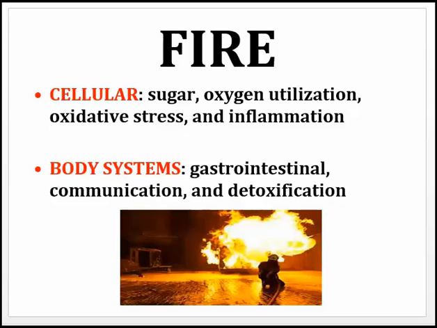So these are really key cellular mediators that we need to be looking at. And then body systems, the big ones are the gastrointestinal system, because if you don't have proper absorption, nothing in the human body is going to work. Every single thing is dependent upon absorption in the gastrointestinal tract. And that's why Ayurvedic medicine, 5,000 years ago, pointed to the gut as the seat of all health. So we want to make sure that the gastrointestinal tract is working appropriately, that there are no issues with malabsorption.